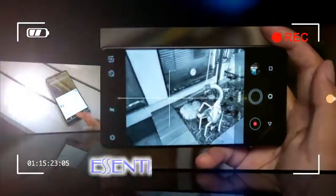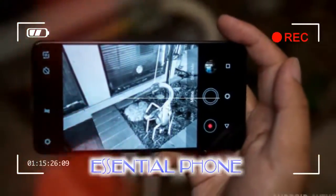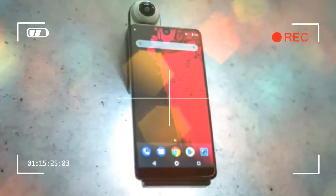Performance and hardware. Overall, using the screen for jumping around the Spartan software has been great, thanks to plenty of other essentials that have been kept in mind. The Snapdragon 835 keeps the phone up to date,